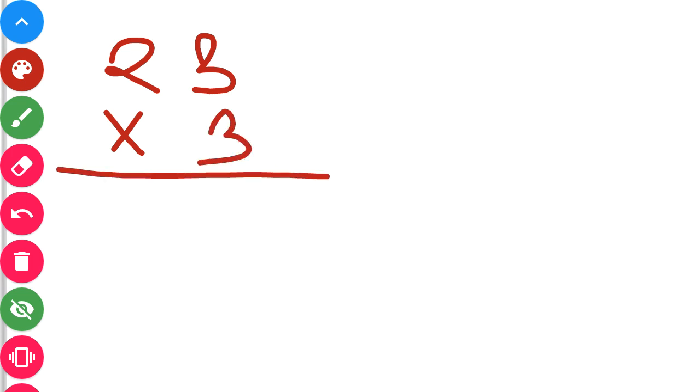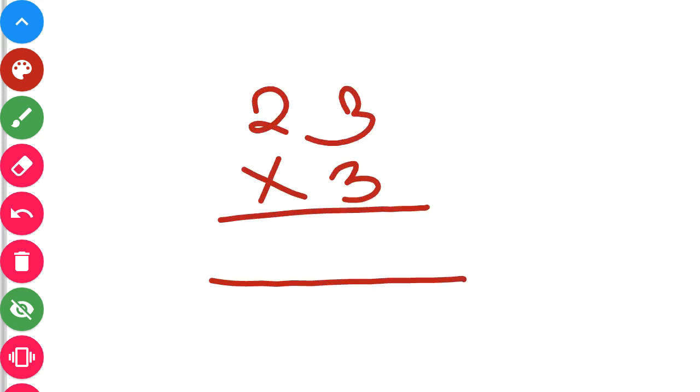अच्छा, चलो फिर से क्वेश्चन लिखते हैं. 23 and I have to multiply 23 with 3. Okay. Now देखो, हमेशा की तरह it is very important to keep in mind the place value of the number. कोई भी क्वेश्चन आप करो, whether it is multiplication, addition, subtraction, whatever you are doing, keeping in mind the place values of the number is a must.